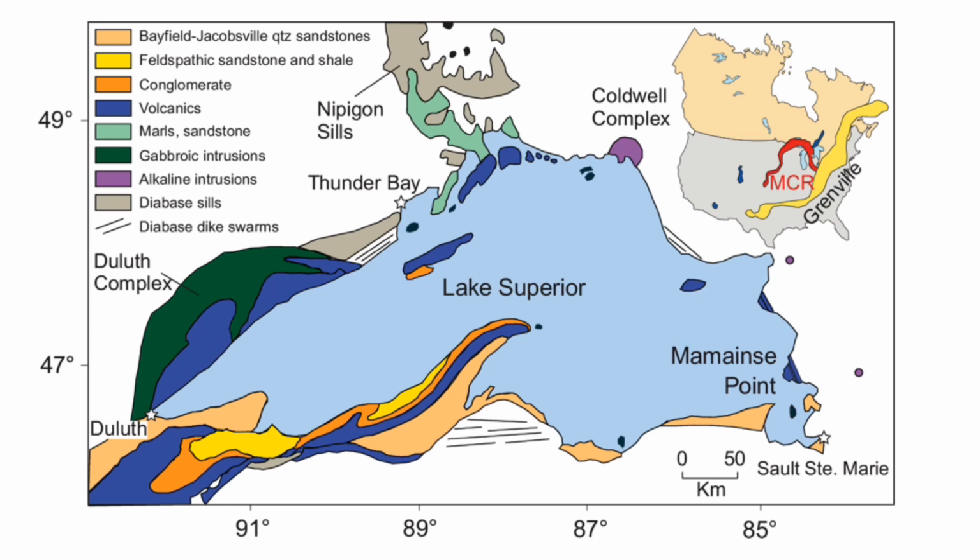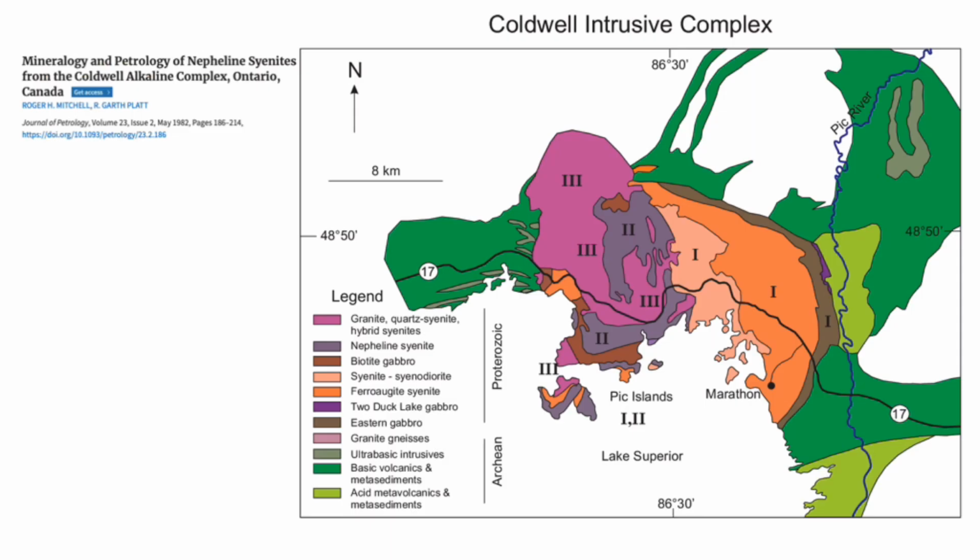Well, here's the location of the Coldwell Complex on the northern edge of Lake Superior. And so if you take the rim road around the lake, you'll go right over it. Here's where the road traverses through it. This is a blow up of the region. You can see the different colors here, which show the different kinds of